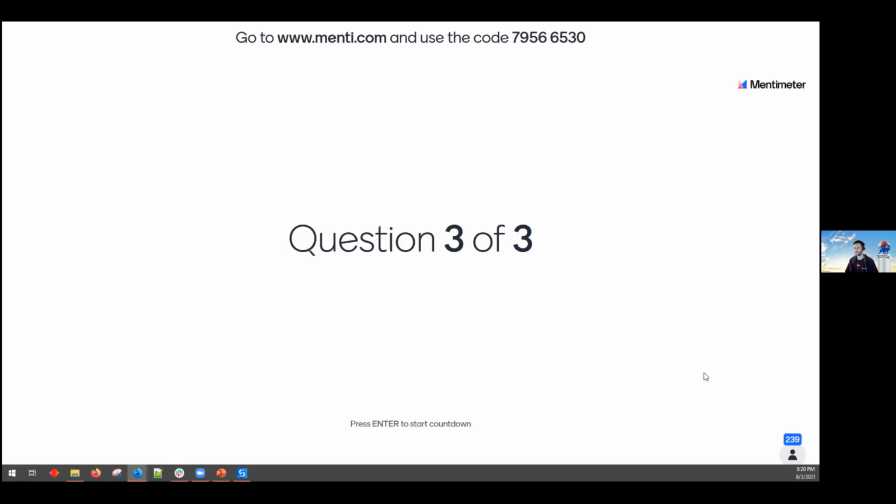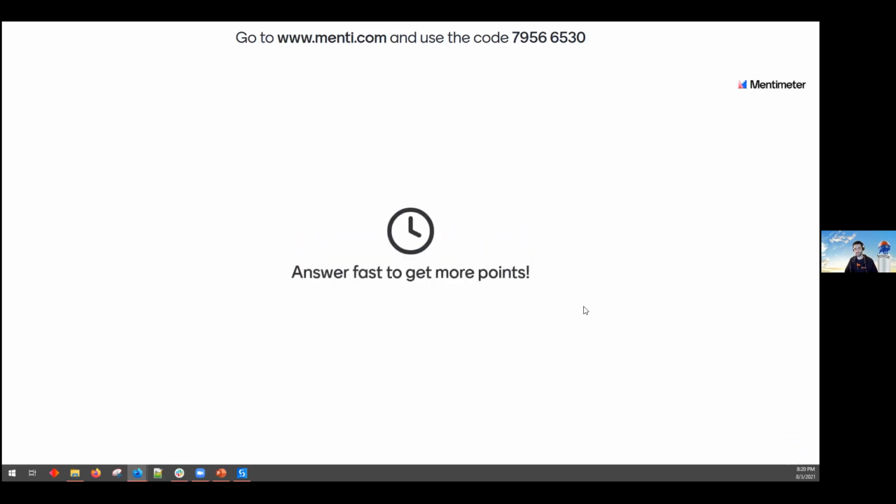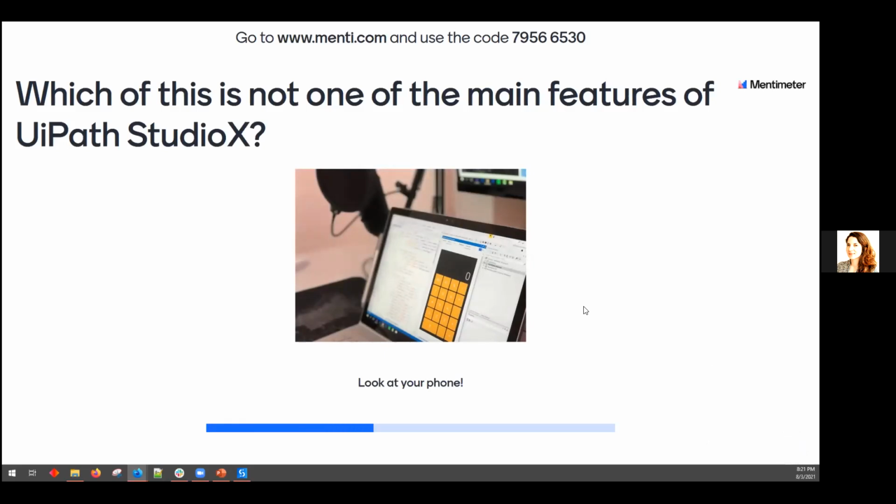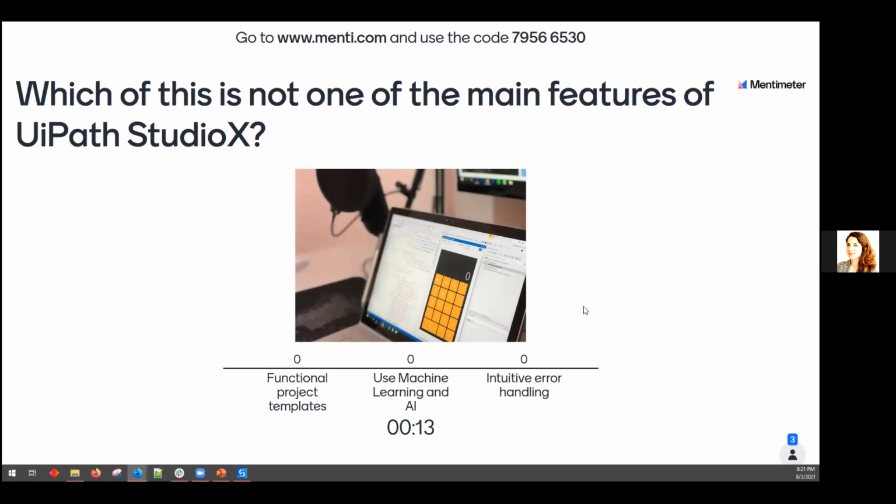Just a few tips, a few spoilers from the question. We are still going up, we are at 241. Let's wait 2 more seconds. Okay, so it hasn't changed, so we're going to go with the question. Okay, guys, pay attention. Which of these is not one of the main features of UiPath StudioX? Functional project templates, use machine learning and AI, intuitive error handling. Which one of them is not in StudioX?